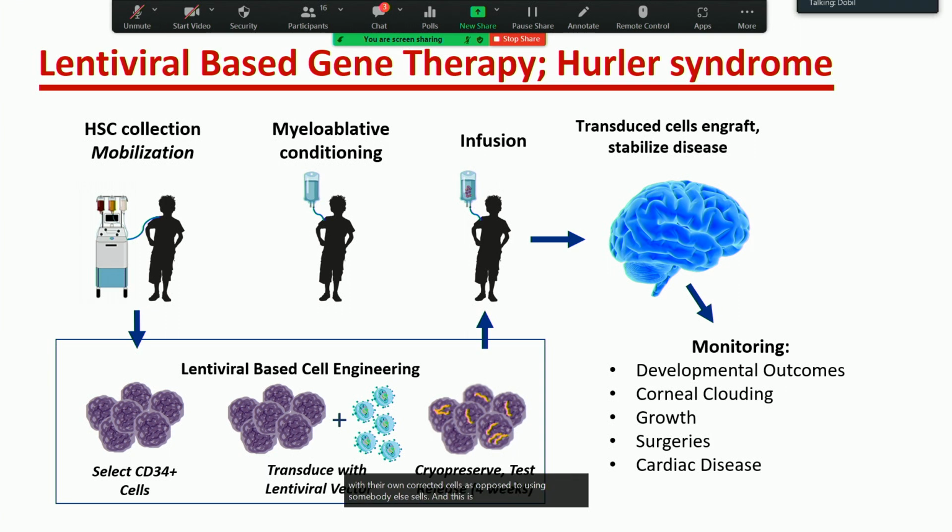And this is essentially how this works. The kids are identified. They have to have a big IV placed. There's a procedure called apheresis where you take blood out and it circulates through a machine that spins out the cells of the right density, the cells that we want, and the blood goes back in. That's a 4 to 6 hour procedure. The idea is to get the kids' own blood stem cells. Those cells are then sent for manufacturing, and you use the virus that was designed to express the IDUA gene within the cells. The cells are frozen down, and there's a lot of quality